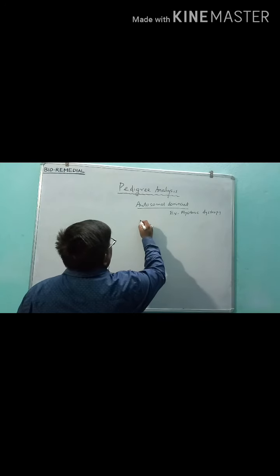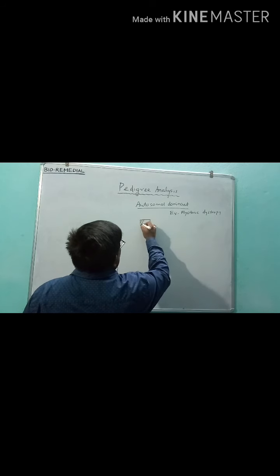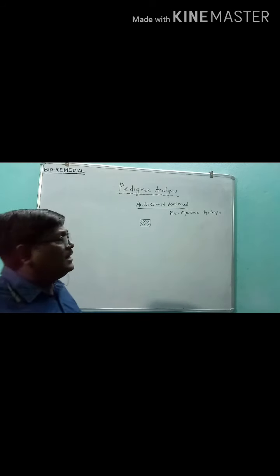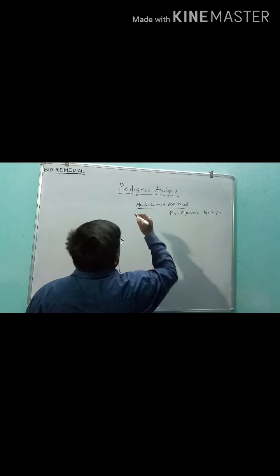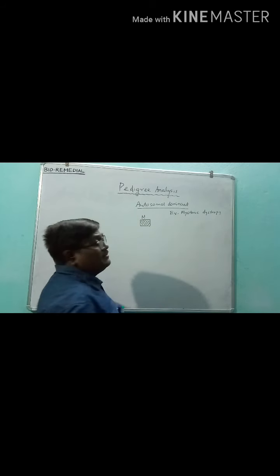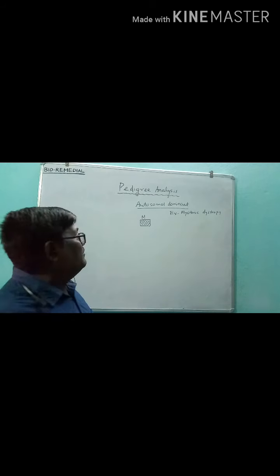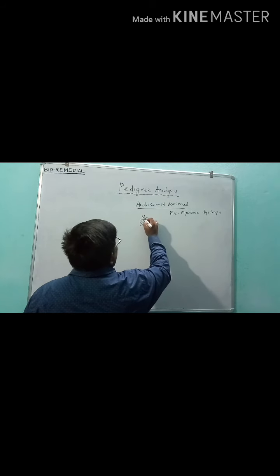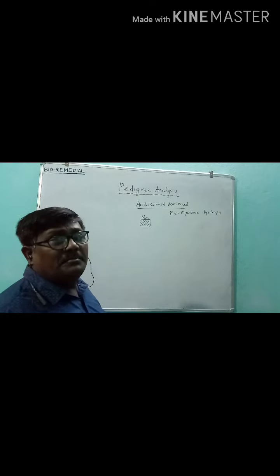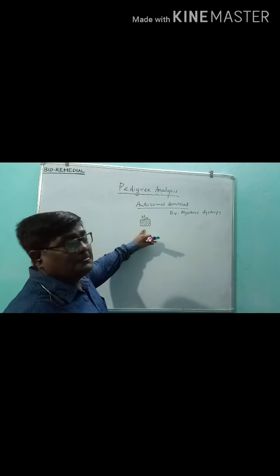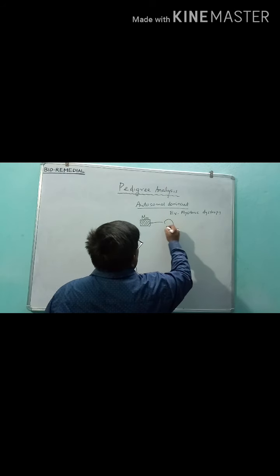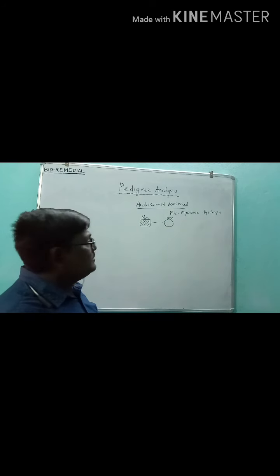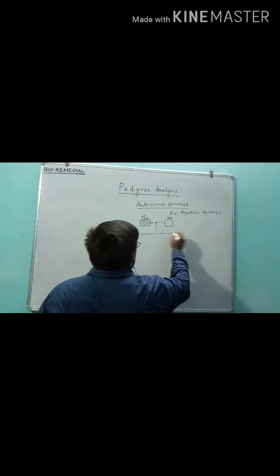Look at the pedigree chart I am drawing. One affected male, having the disease. Having the disease means he has the defective gene. I am writing the defective gene as capital M, with a normal gene, small m. Because it is an autosomal dominant trait, the disease will be expressed since one gene is defective. Then suppose he got married to a normal female who has two healthy genes. Okay, now let us look at their next generation.